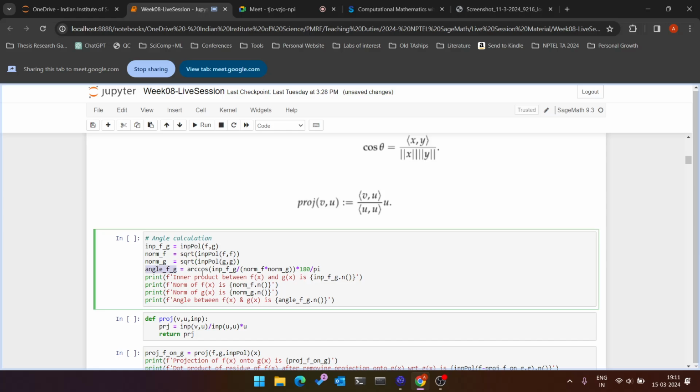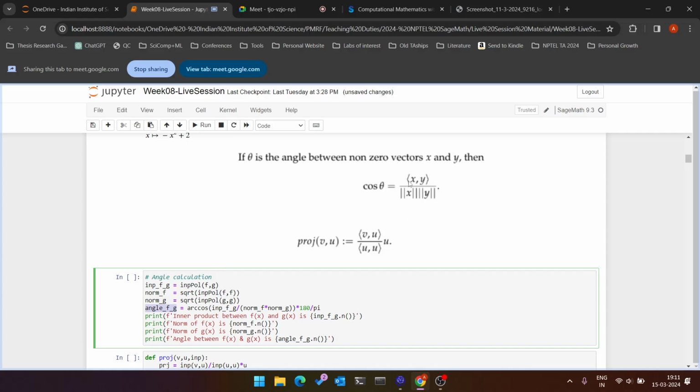The angle is simply, cos of that angle is simply the inner product of f, g divided by norm of f into norm of g. We are doing arc cos to find the angle theta from this, and the output of the arc cos function will come in terms of radians, and we are just scaling it with 180 by pi to get the angle in terms of